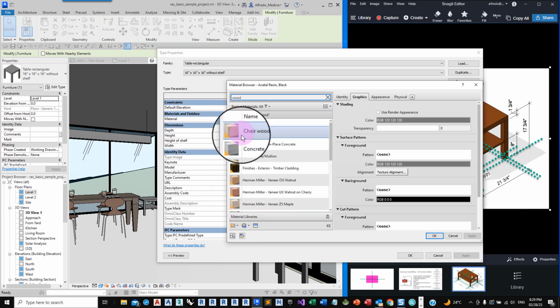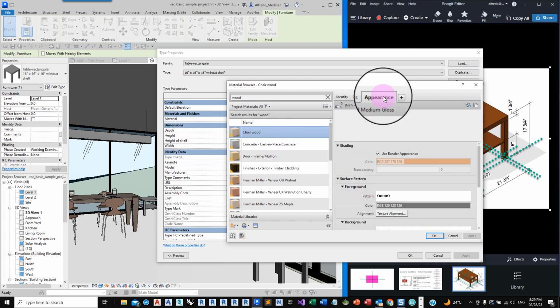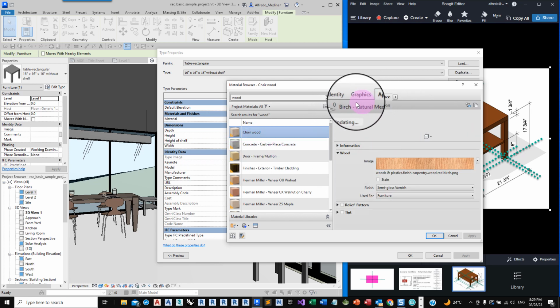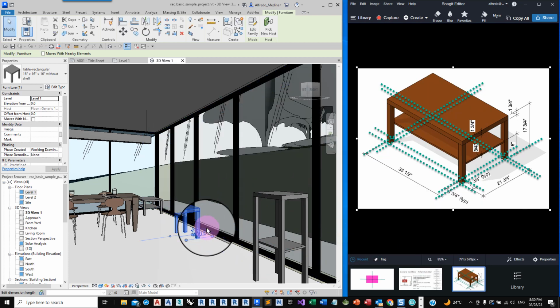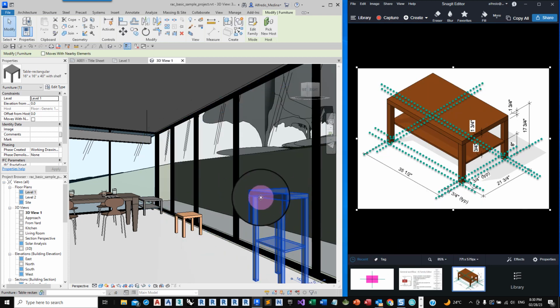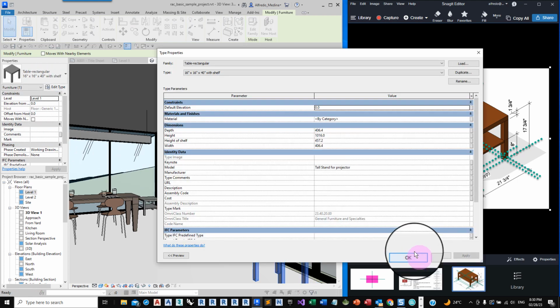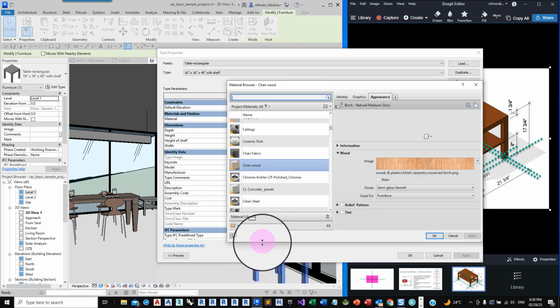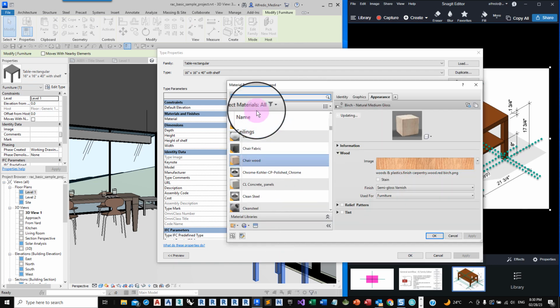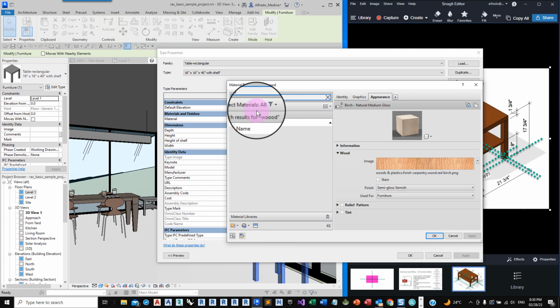Let's say, for example, this material, appearance. Let's click on this, let's click to that, and let's select this other type and apply a different material if we want, because it is a different type.